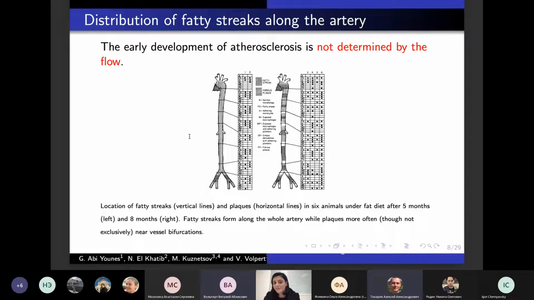But I agree, by flow perturbation, of course, flow is present. Yes. Okay. But these early regions, well, of course, all this is a little bit hypothetical. But well, our main working hypothesis is that indeed flow is present, but it does not influence the formation of these early lesions called fatty streaks.